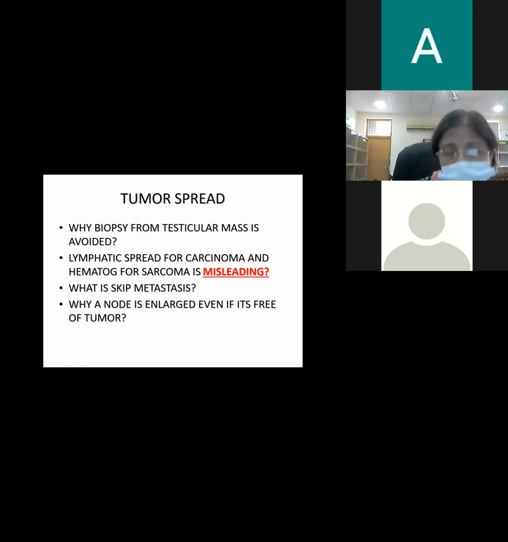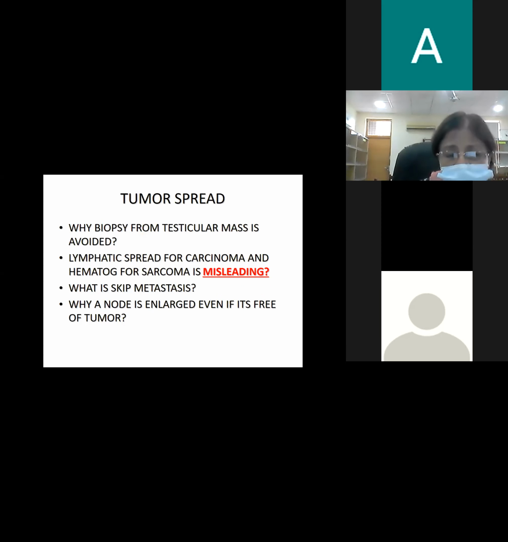We have just studied why biopsy from a testicular mass is avoided because of iatrogenic spread. तो हम बायोप्सी को अवॉइड कर लेते हैं ताकि हमारे इंस्ट्रूमेंट्स की वजह से या हमारी किसी नेग्लिजेंस की वजह से स्प्रेड ना हो।